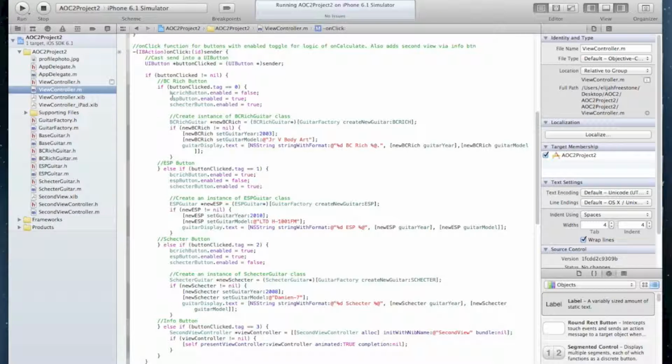As I said before, I did end up starting a lot later than I wanted to, so there are a couple of things in my logic that I think I could have done a lot better. I feel they're a little bit cobbled together. It is functional, I just don't like the way I did things. The biggest one of which is actually in my onClick function here. I'm creating an instance of the individual subclasses so I can grab the year and the model name,